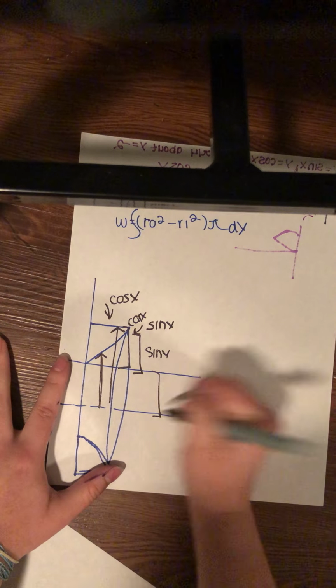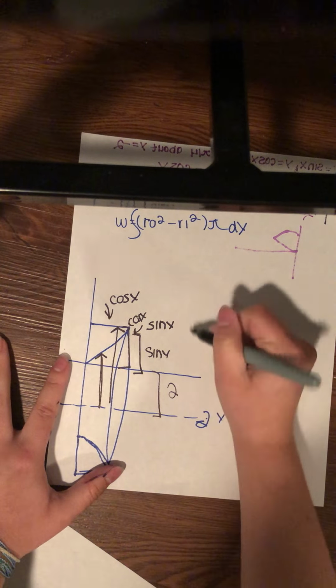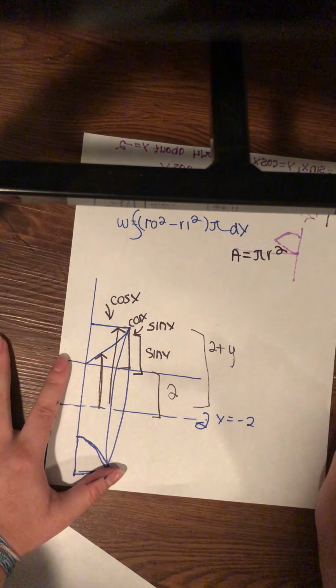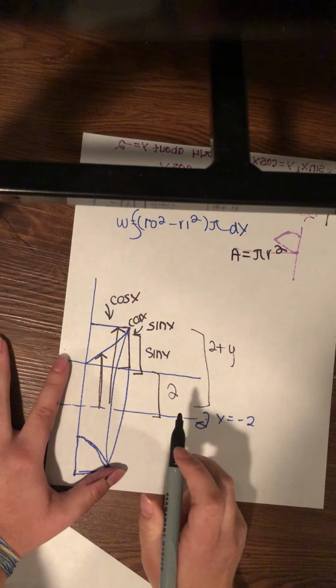But this right here, since it's rotated about -2, this value is 2, which means that the total radius is 2 plus y. So, writing our outer, the radius is pi r squared, like the area, and we're subtracting the two area differences between the lines together to get the total volume of the washer. But for simplicity's sake, I'm leaving the pi out of it, and we're just going to use the radius and square it. So, setting up the integral, taking the pi out, as previously stated, the bounds are pi over 4, 0,